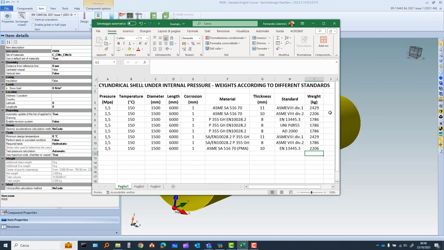Well, you see that according to the material you use and the standard you use, you may have a difference from 1700 to 2400 kilograms. That means almost 40% with respect to the lower